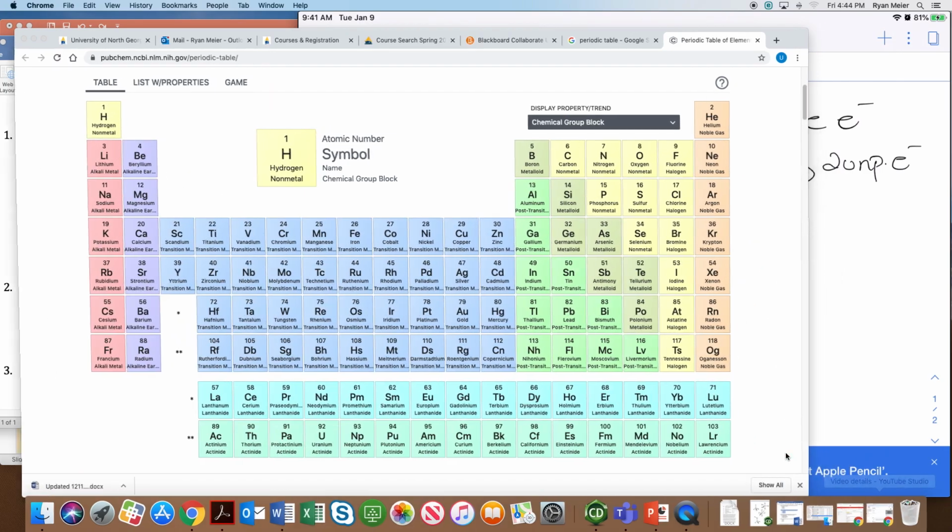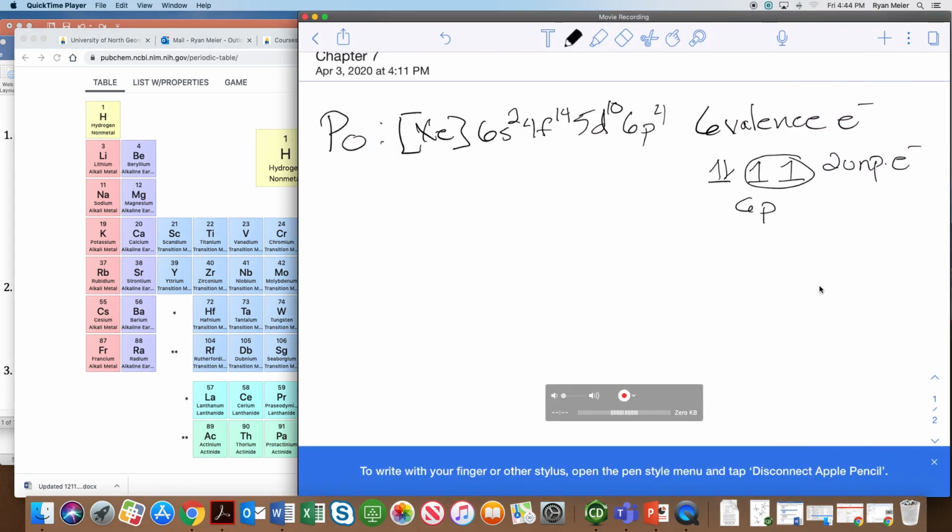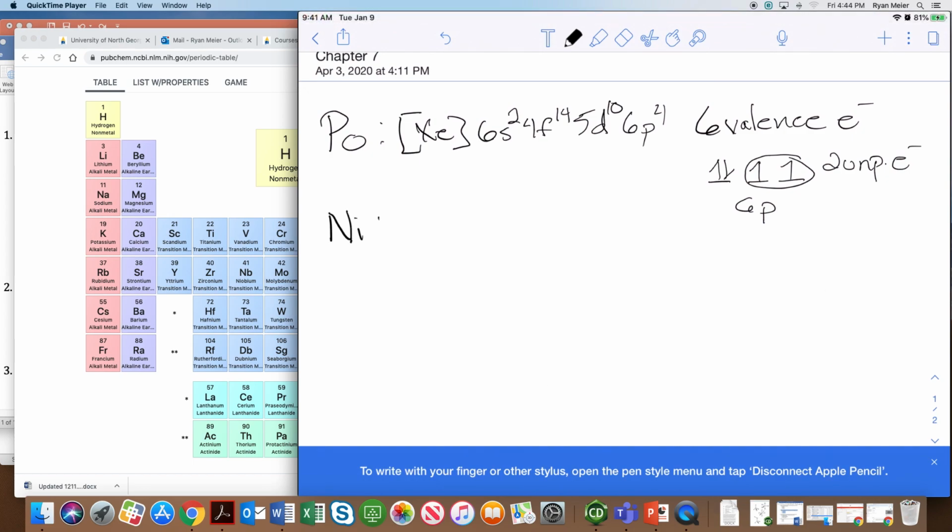Well, on the periodic table, nickel's element 28, so we see it right here. The shorthand electron configuration would be an argon core, and then 4s2, 3d8 for nickel. I'm going to write that first, and then we'll take into account the fact that this is an ion. So if it was just plain nickel, we would get an argon core, and then 4s2 and 3d8. But since this is nickel 2+,